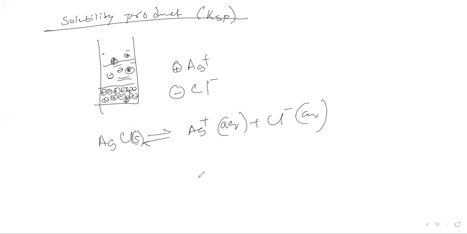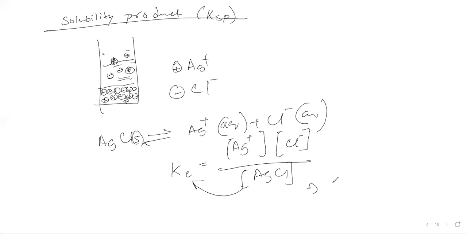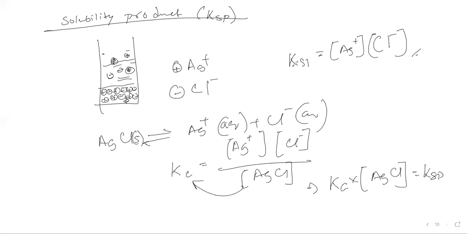Now we can think of this term and form an equation in terms of the equilibrium constant. We get Kc as the product of the products divided by the reactant. Once we move the reactant to the left hand side, Kc times the insoluble salt is actually our Ksp, and this is equivalent to Ksp with the right hand side being Ag plus and Cl minus. So this is our actual Ksp equation. So if we do an example,